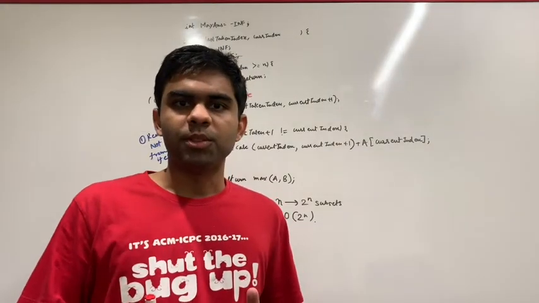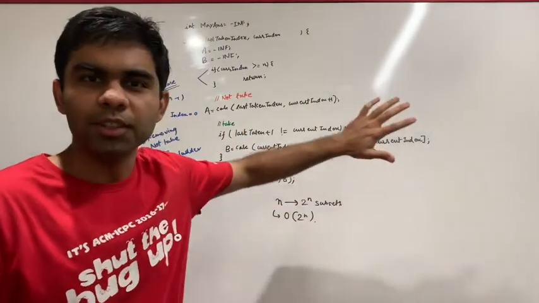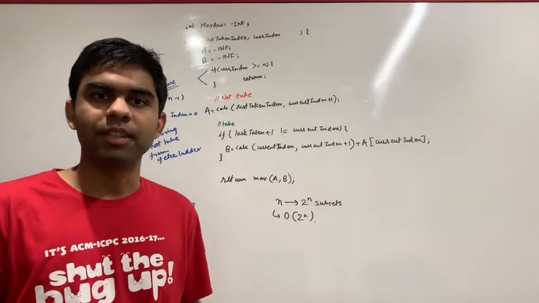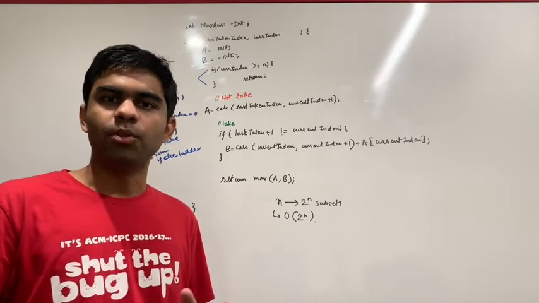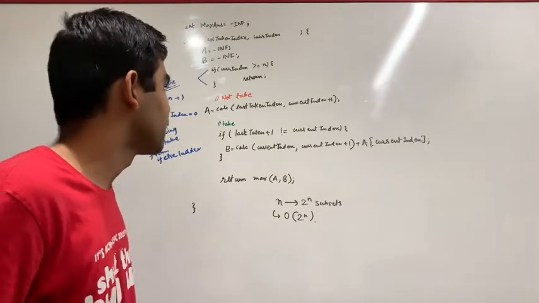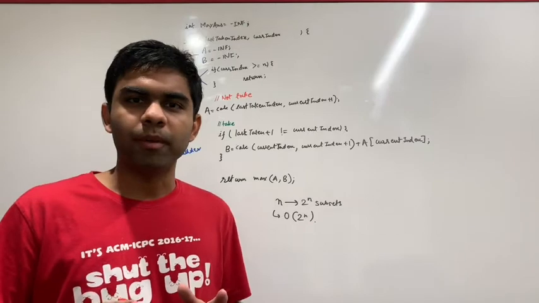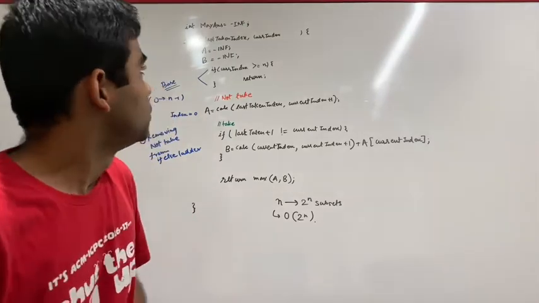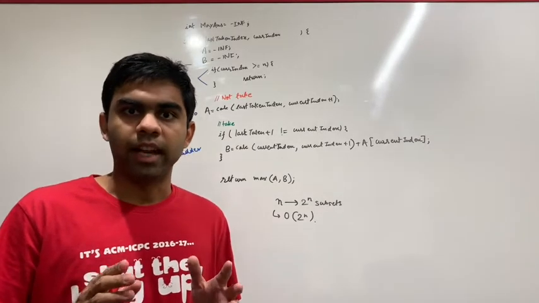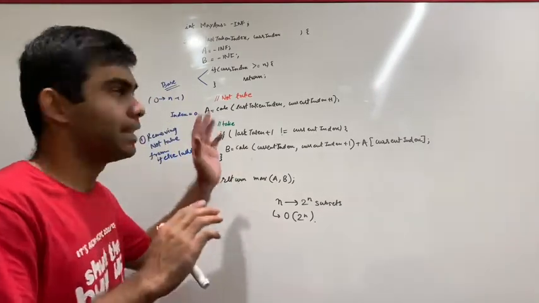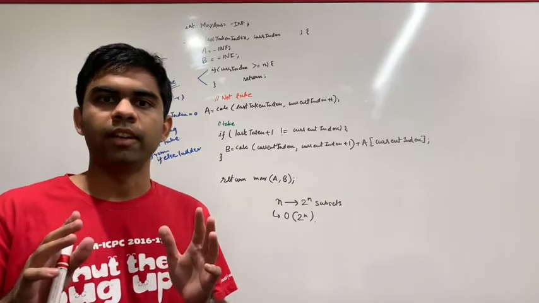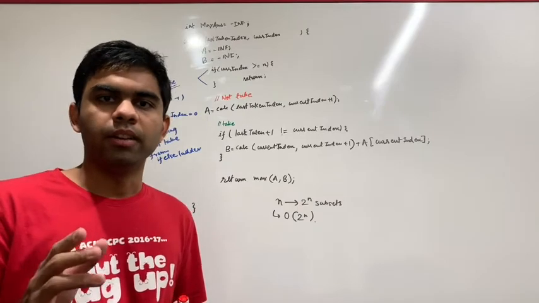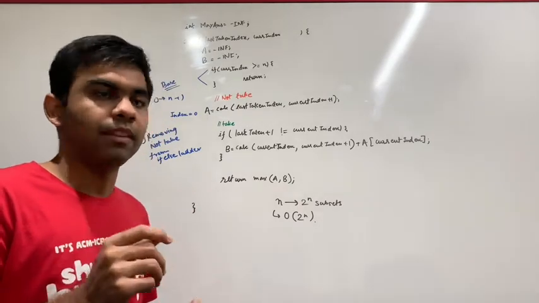So let's try to optimize this solution further. By looking at this solution, what do you think are the extra things we are doing in this function, and how can we optimize this code further? And if you are thinking about the memoization technique, then you are on the right track, my friend. As we saw previously in our decision tree, for the same values of last taken index and current index, we were recalculating the values of the function calc. Now we'll try to store the values of the function calc for these values in some array.